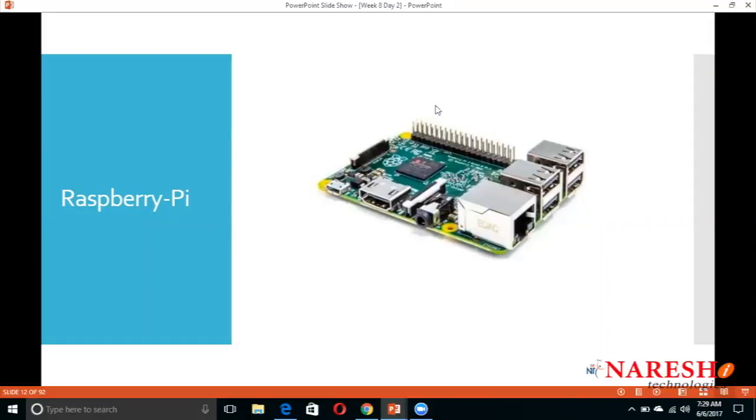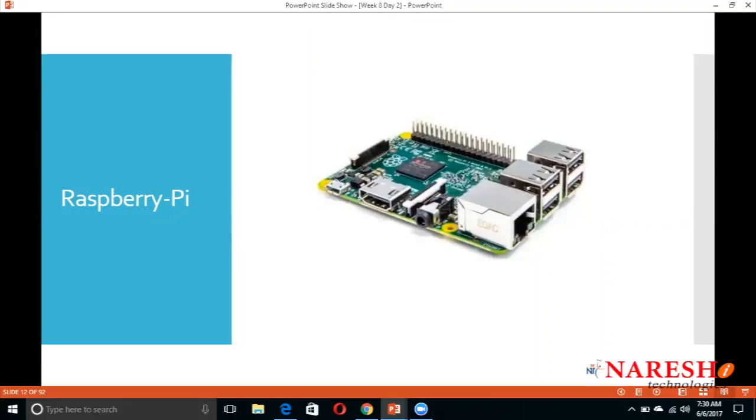And here you can see it has a couple of pins. These are 40 pins, and among these 40 pins there are 26 GPIO pins, meaning general purpose input output. That means we can use them as input or output or to control any device. There are 26 GPIO pins, and of the rest of the pins, some are ground, some VCC, some SPI, I2C, or UART. Ground means negative, VCC means positive, and I2C, SPI, and UART